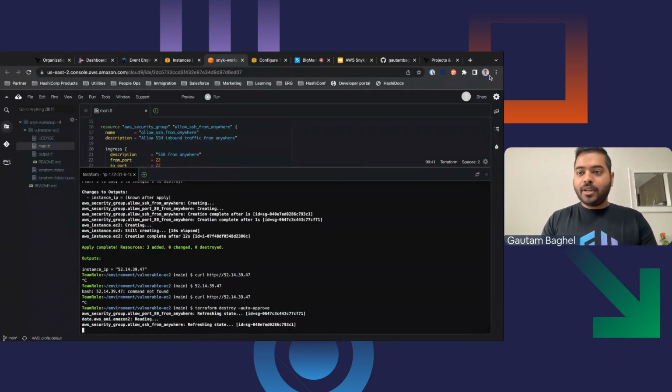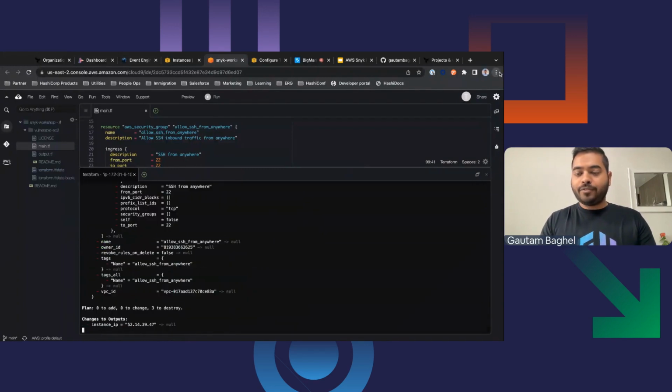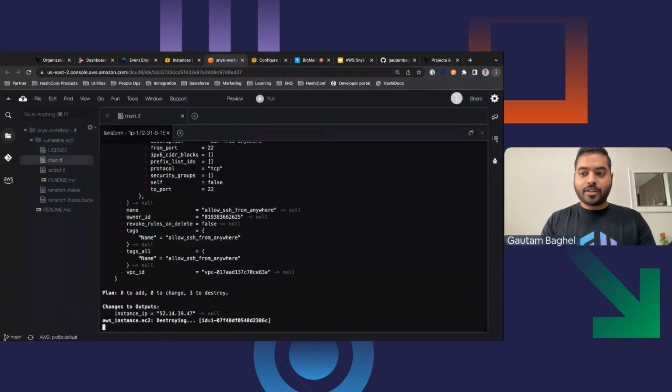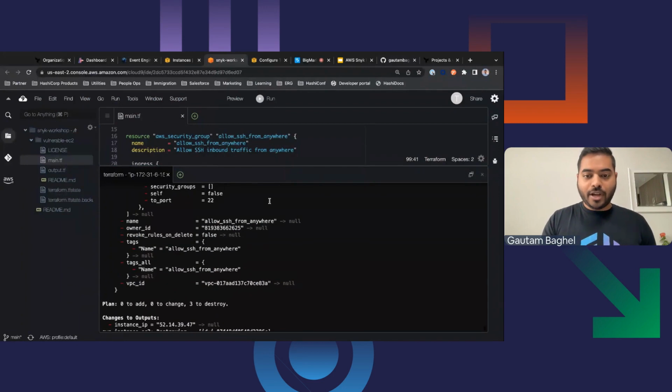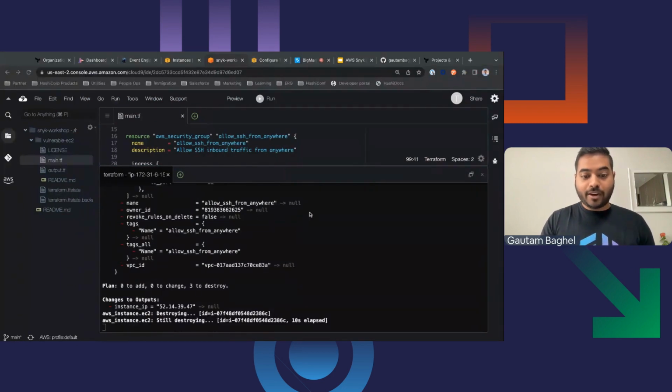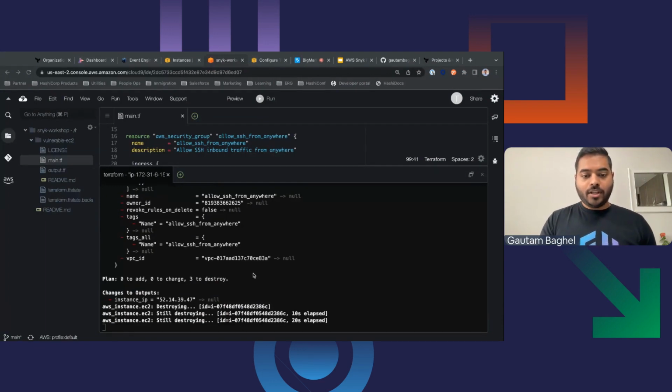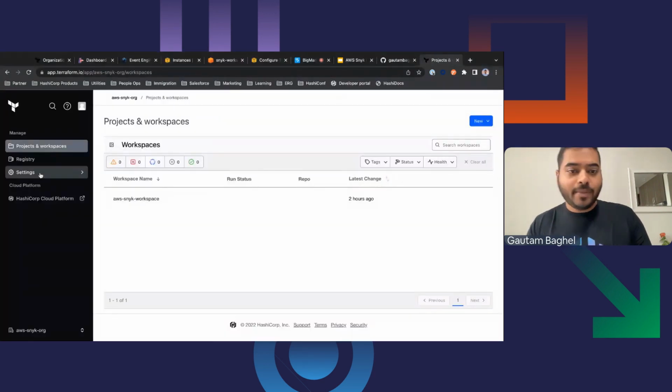But what I'm going to do in this environment, and if you notice this workshop closely, is we have a separate branch that I've created for easy working with Terraform Cloud, and I'll show you how you can connect the same exact thing that Marco took you through using Terraform Cloud. While it's destroying, you know what I can do? I can go back to my Terraform Cloud and set up the Snyk run task.